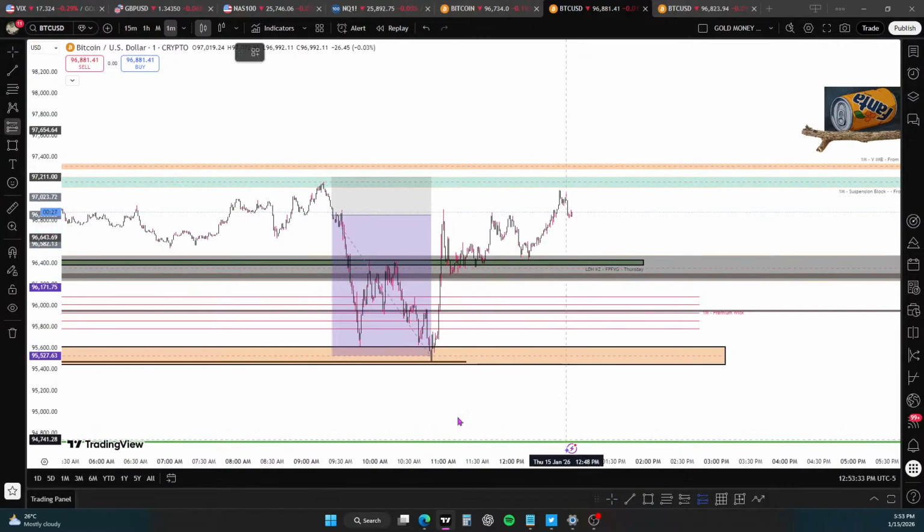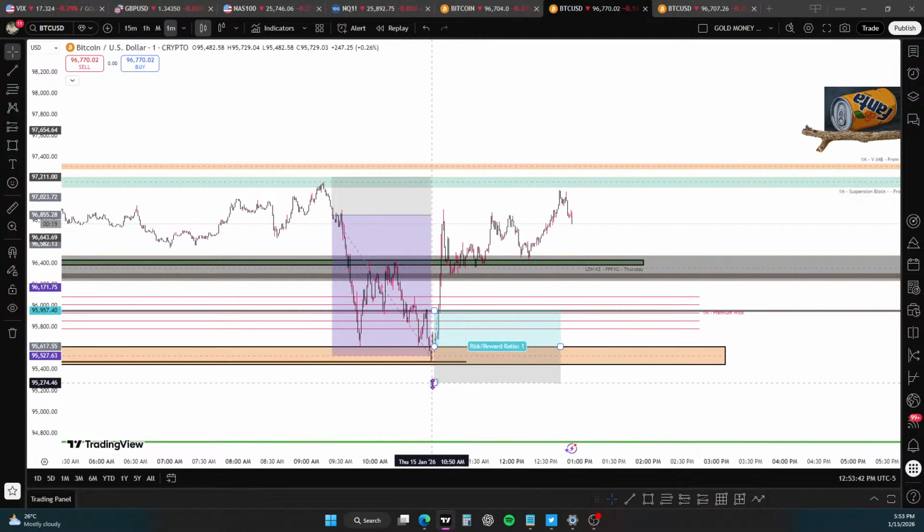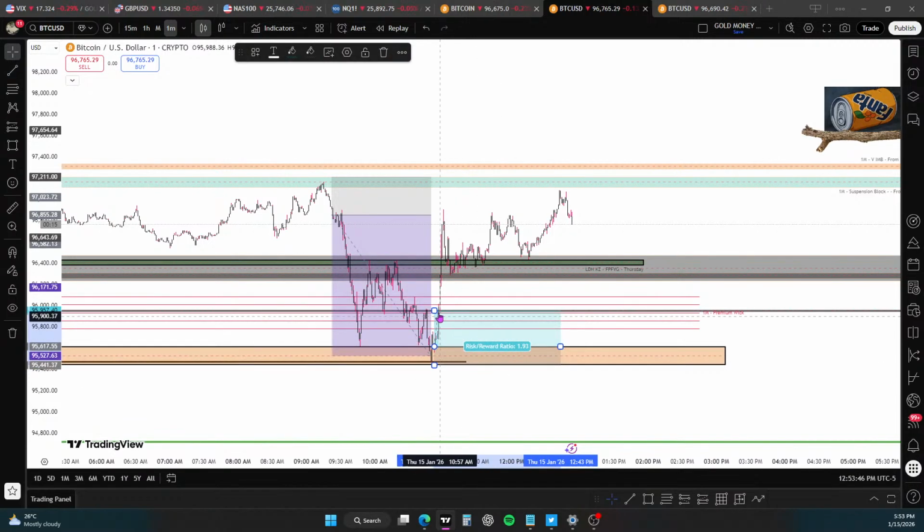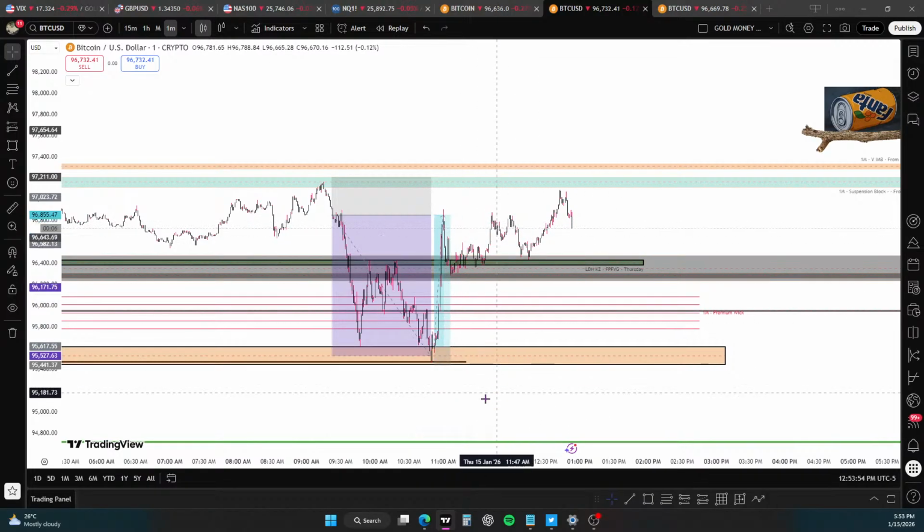Then, because of how price is respecting this level, that's the market winking at us. Like I said before, I might enter at the high of that and then just use the bottom of it as my entry, and with the same thing, I've targeted my initial entry. I've targeted my initial entry because I know that I'm going to get stopped out here. You know what I mean?